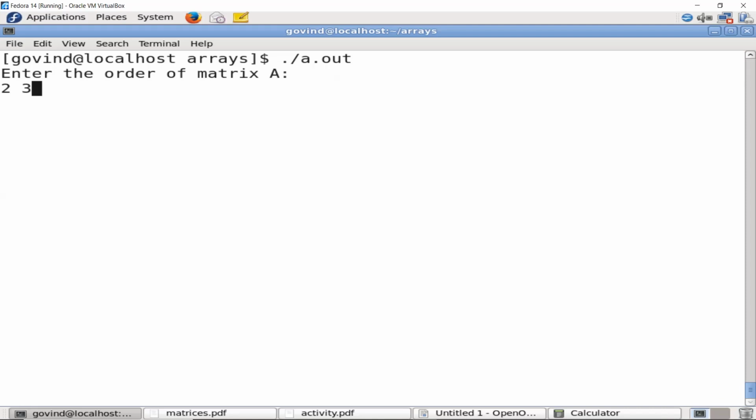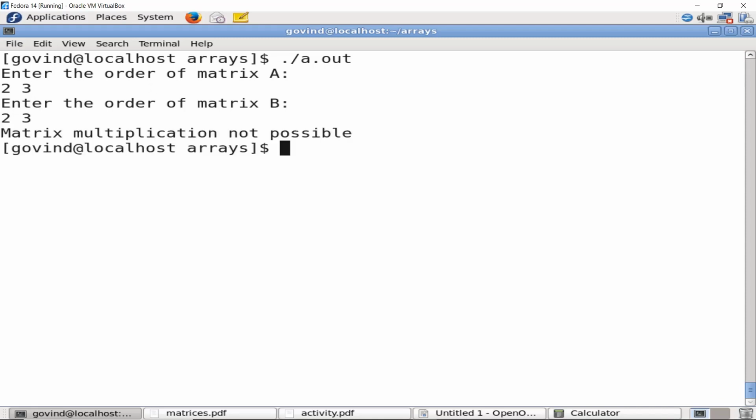So I'll now enter the order of matrix A as 2 cross 3. I'll also enter the order of matrix B as 2 cross 3. Now is the matrix multiplication possible? To be able to perform matrix multiplication, the number of columns in the first matrix should be equal to the number of rows in the second matrix. Here 3 is not equal to 2. Hence matrix multiplication not possible. So it will directly print the message matrix multiplication not possible, and it will also not go ahead with multiplying